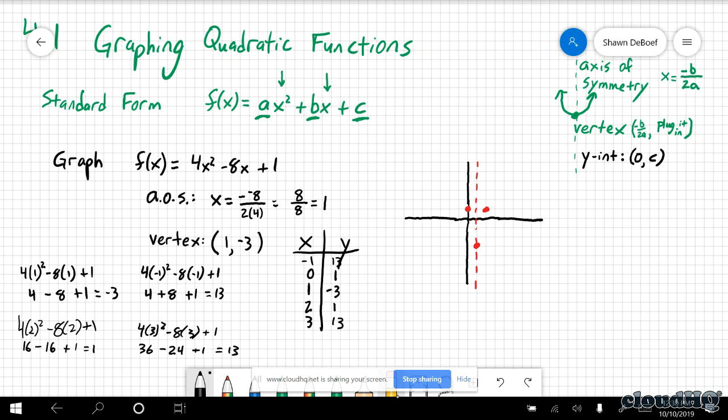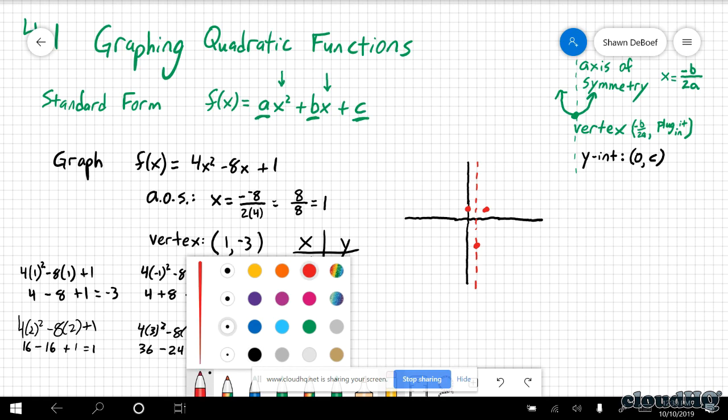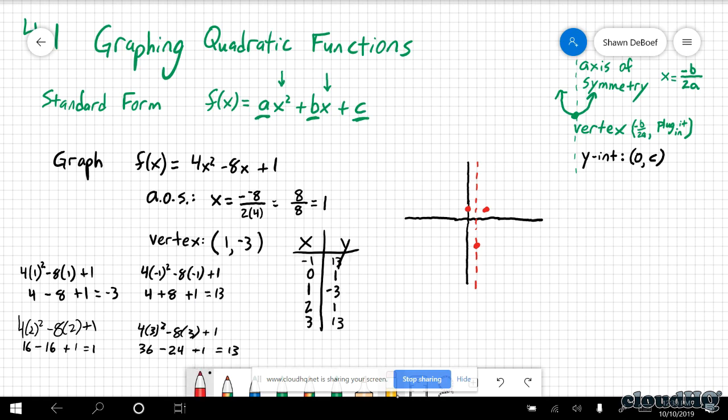So 1, 2, 3. I should change colors. 1, 2, 3, 4, 5, 6, 7, 8, 9, 10, 11, 12, 13. It's the advantage to being on a grid, but on your notes, you might struggle to get those points in. You may notice that as I graph this, I did one side of it first. I always do this. I always start at the vertex and go one side and then the vertex the other side. I recommend doing the same because